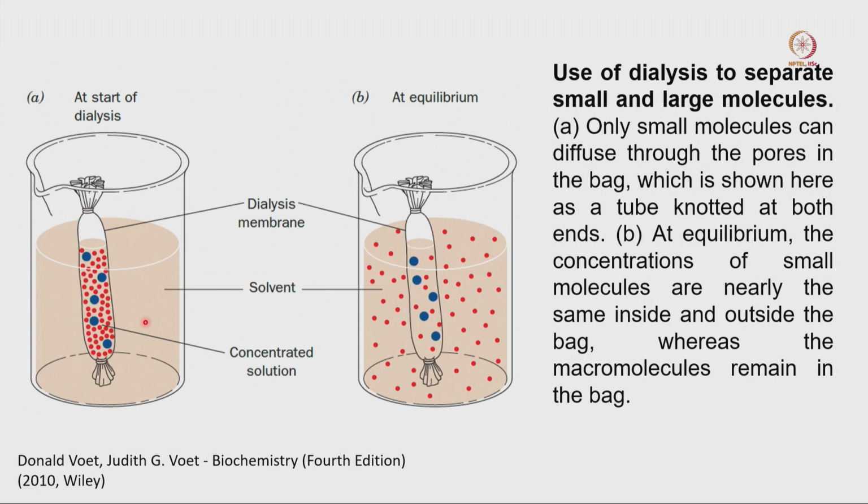Consider my protein of interest is one of those, the blue protein or the red protein. Say blue is my protein of interest and it is the large size, and those red dots here are the high salt or the glycerol molecules. Now I want to reduce that. So in this buffer tank there is no glycerol or high salt, and we just keep this dialysis bag overnight.